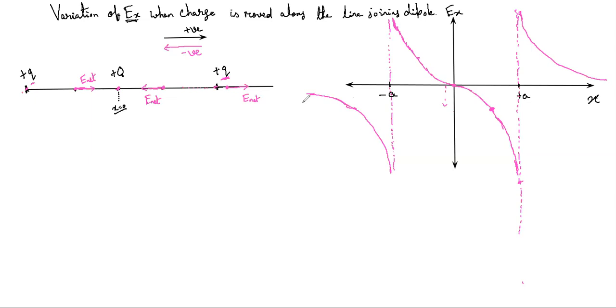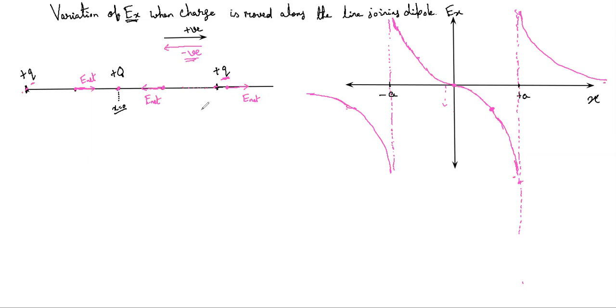So is this clear to everyone? Any doubts in this? Sir, I have not understood the graphical part. Why is it going downwards in the first case? This case? No, sir, first one. This one? Yes, sir. Why is it going downwards? Because the electric field is in the left direction, so that is negative, right? So that is why it is going downwards.